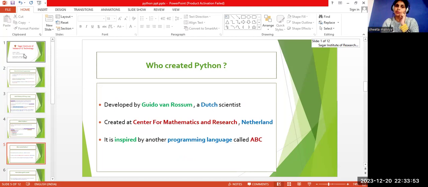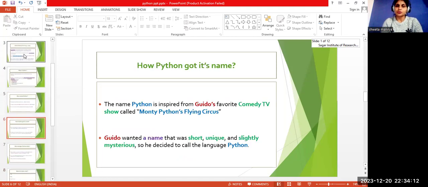Who created Python? Python was created by Guido van Rossum, who is a Dutch scientist, and it is inspired by other programming languages like ABC. How did Python get its name?